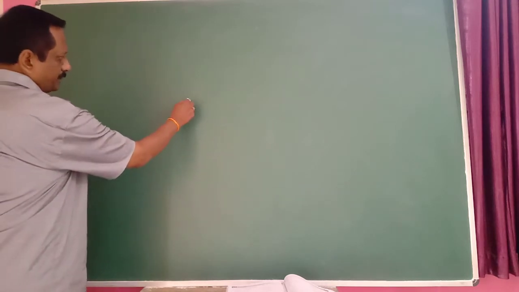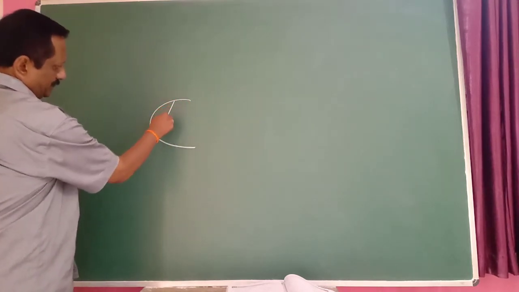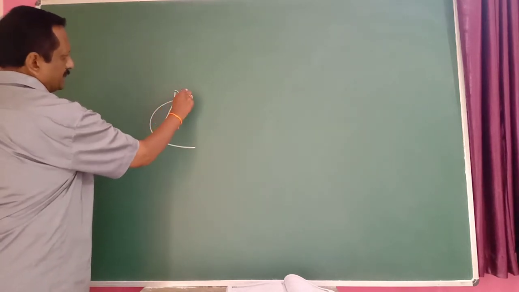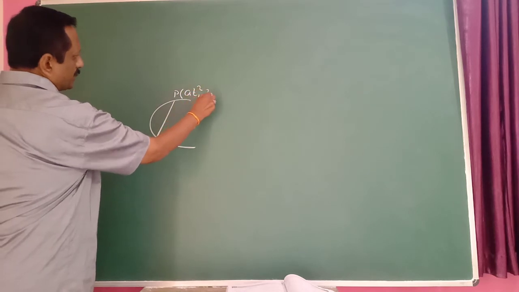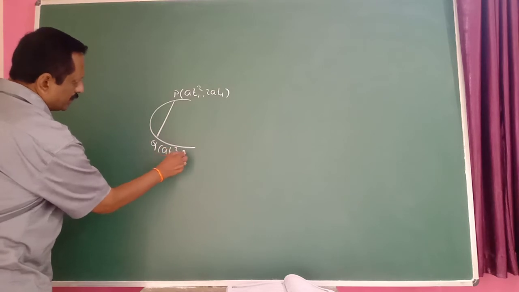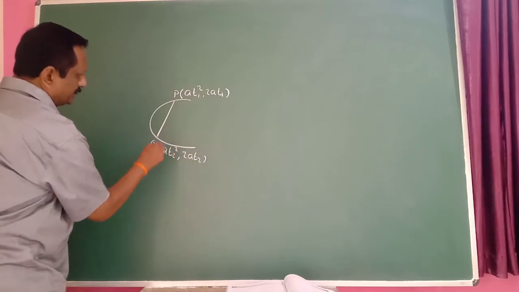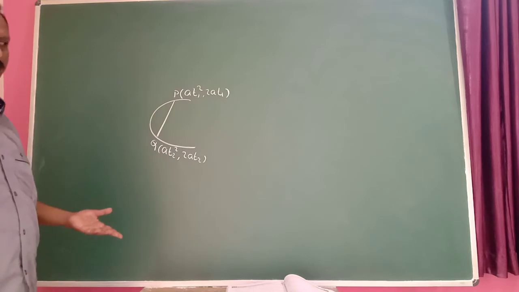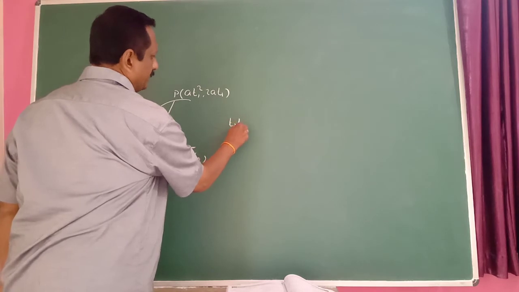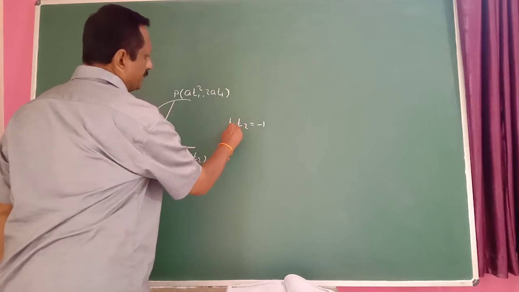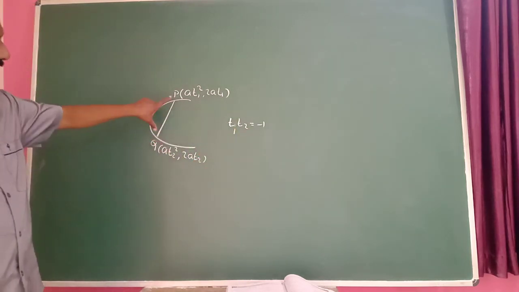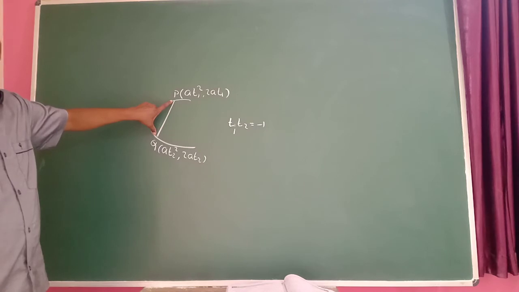So in the previous example, here suppose PQ is a chord here. Coordinates of P are (at1², 2at1) and (at2², 2at2) here. So these are ends of the chord here. It may be a focal chord or simply a chord here. In that case, this is a condition here: t1 t2 is equal to minus 1. Just remember it here. This condition is satisfied when these are the end points of the chord here.